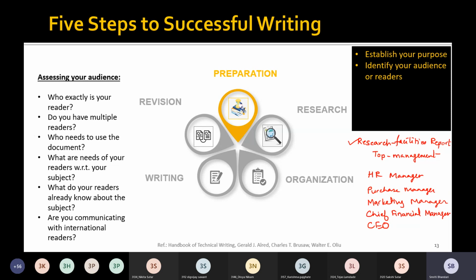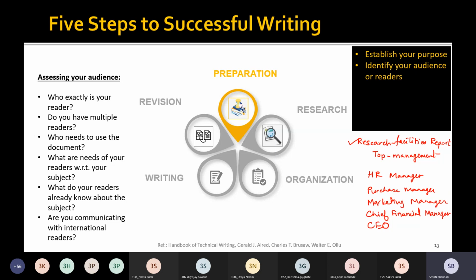He or she will also be concerned with aspects about their housing needs, and some recreational facilities available at that place, right? Because HR managers are always concerned with the employees.